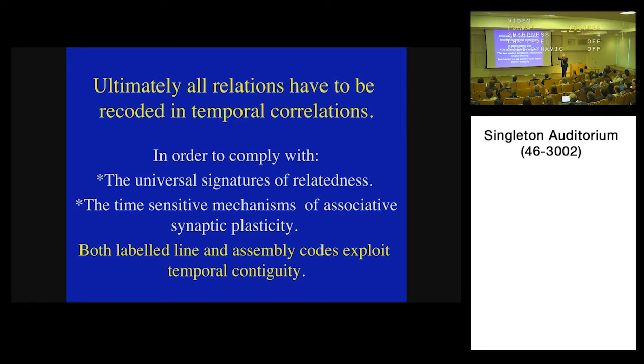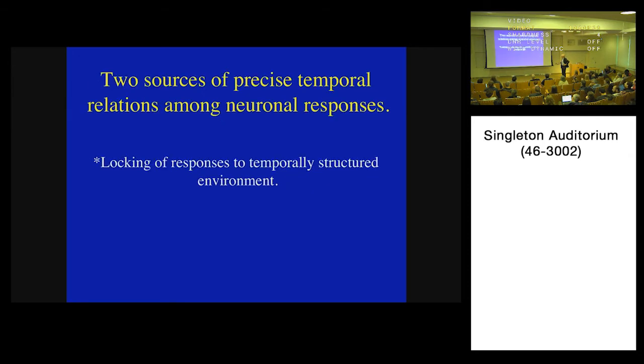If a conjunction-specific neuron were to be formed by experience, it needs to be assured that input from feature detector A and feature detector B be made temporally contiguous in order to exploit the plasticity rule that would enhance input that is correlated in time. Now there are two sources of precise temporal relations